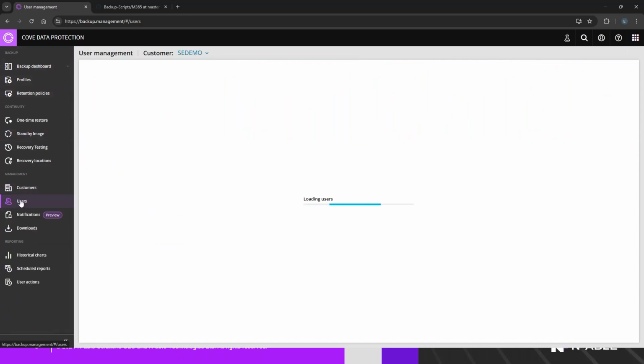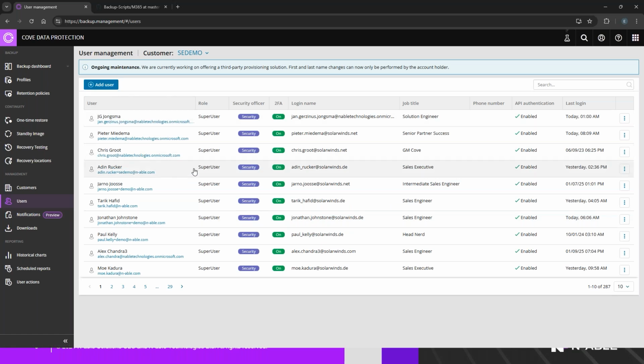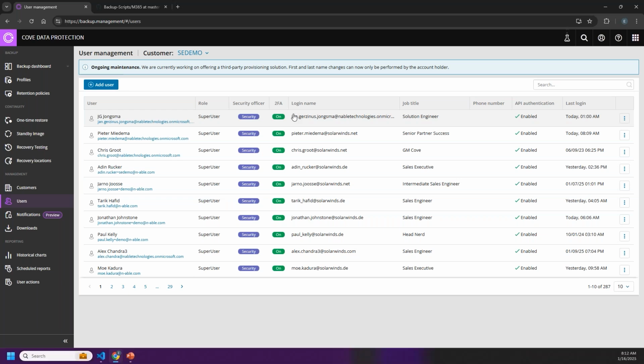User section here, we'll notice that I've got quite a few users in here at the super user, security officer level role. We've got multi-factor authentication, which is on by default, can't opt out of that. This is going to help ensure that the users that are in the environment are secured and controlled,